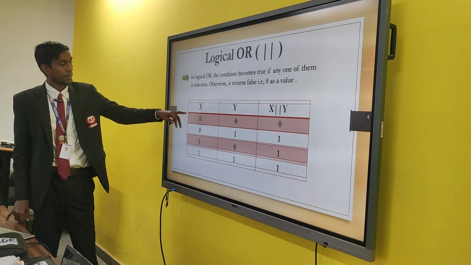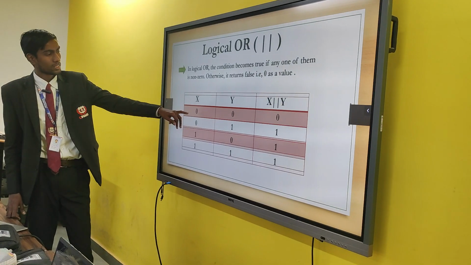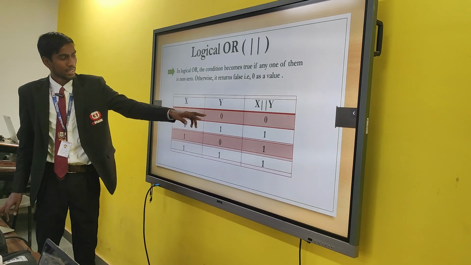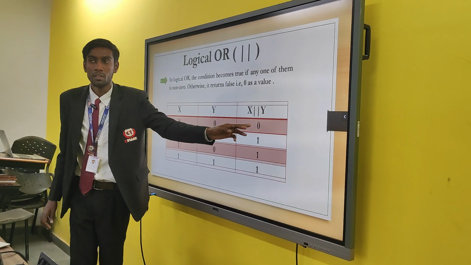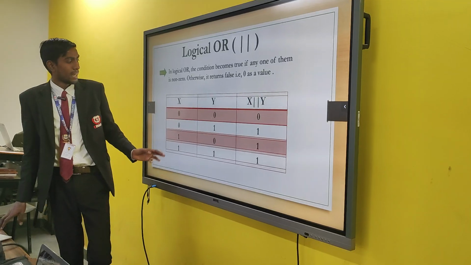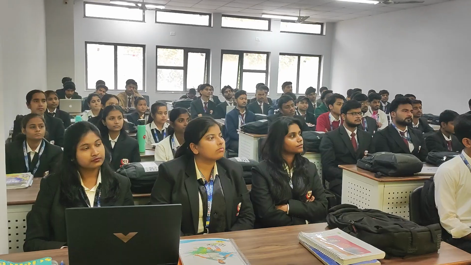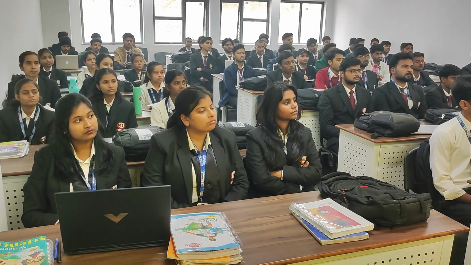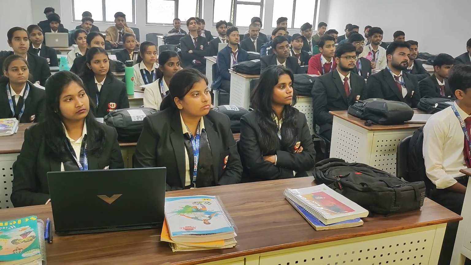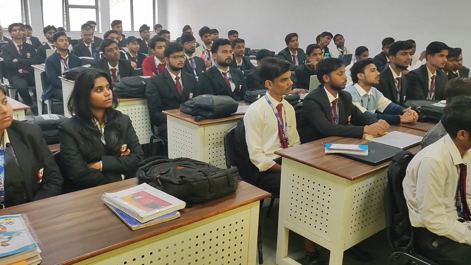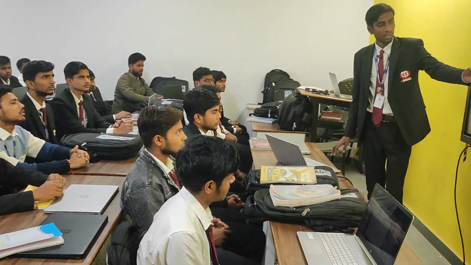If the condition of x is false and the condition of y is also false, the logical OR operator returns 0, that means it is false. If the condition of x is false and the condition of y is true, then the logical OR operator returns 1. That means one condition is true, so that's why it returns 1.